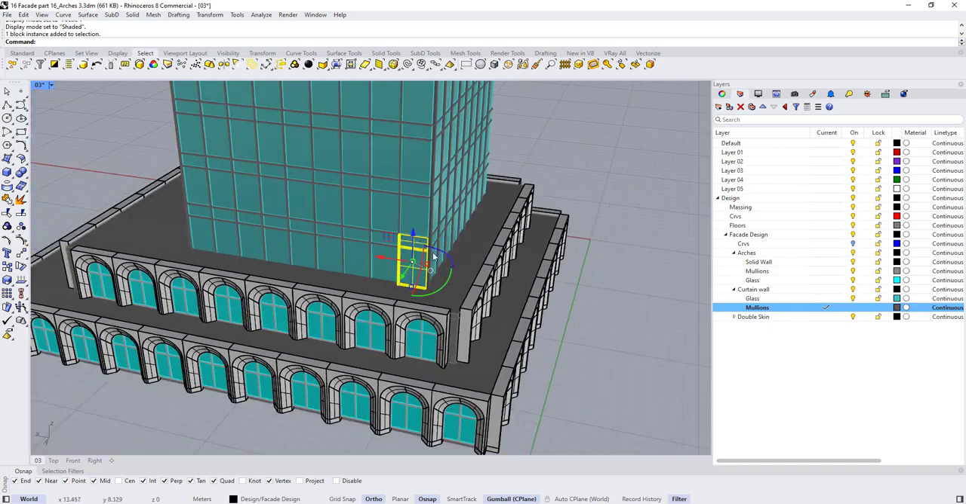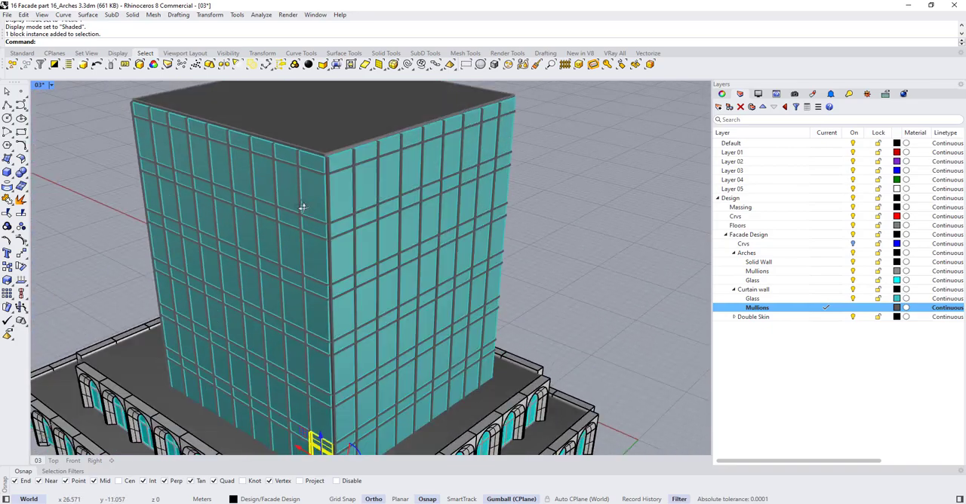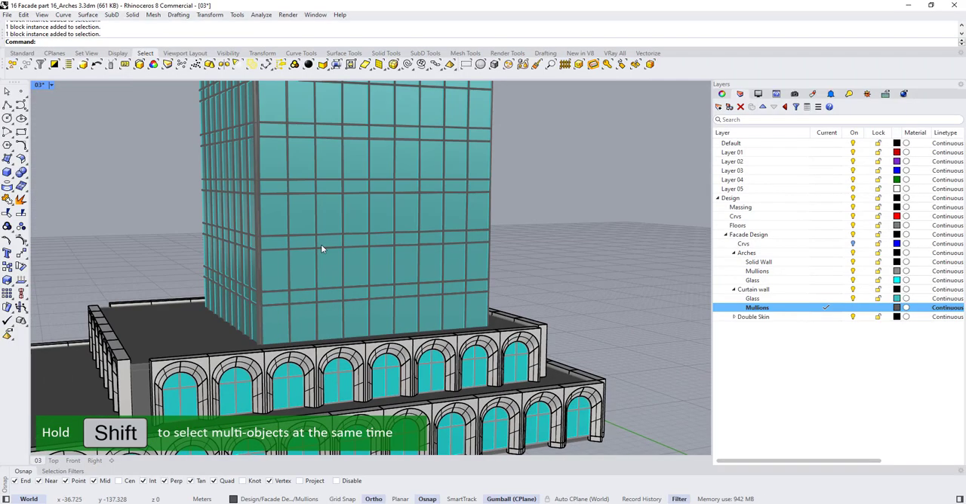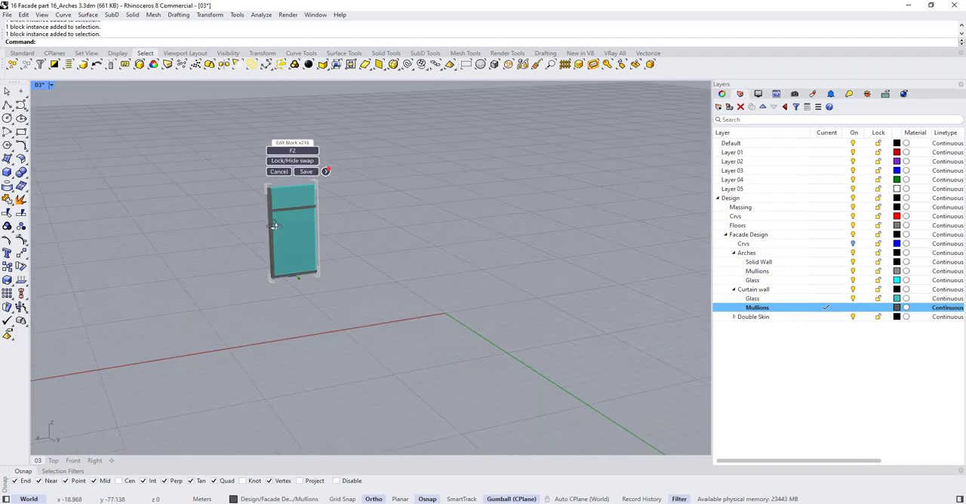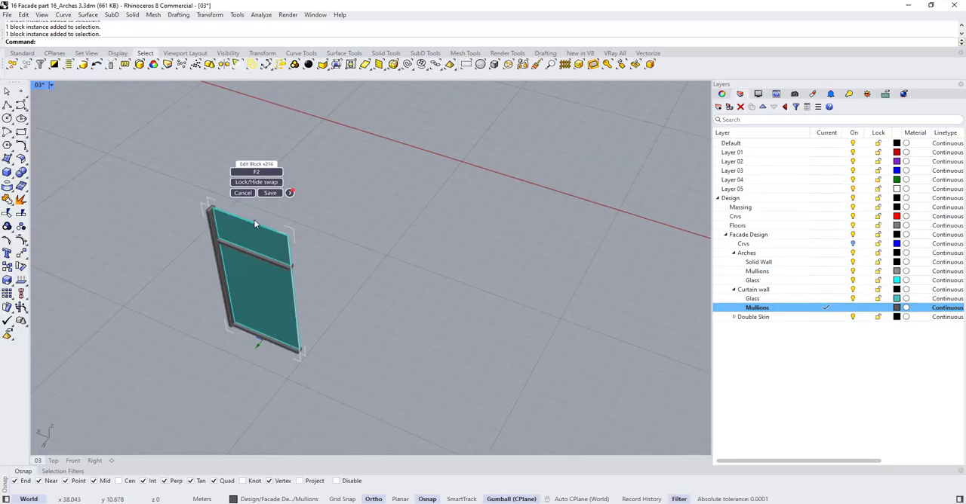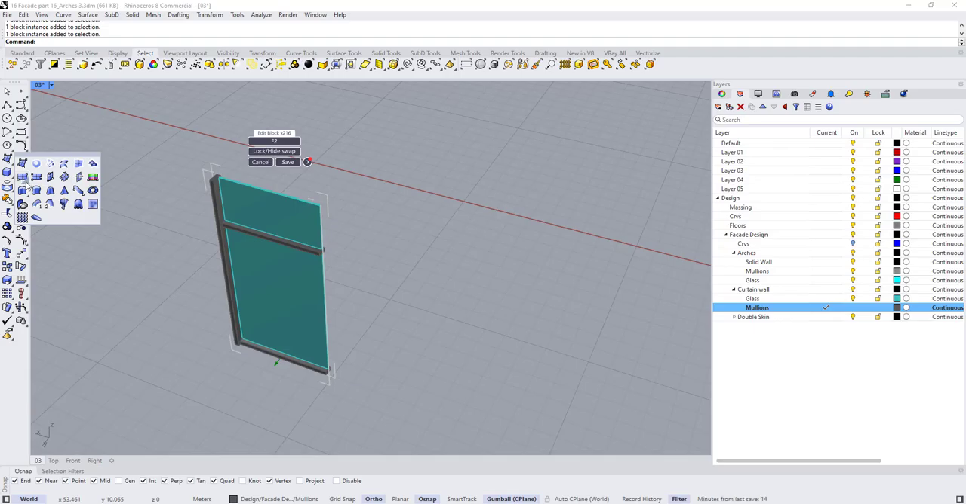So for these edges, you can hold shift and select all these blocks. But you know what? Let's do it after creating the double skin. So I'm going to double click, select any one of this, maybe any block. And so, okay, yeah. So for the double skin, I'm going to create maybe